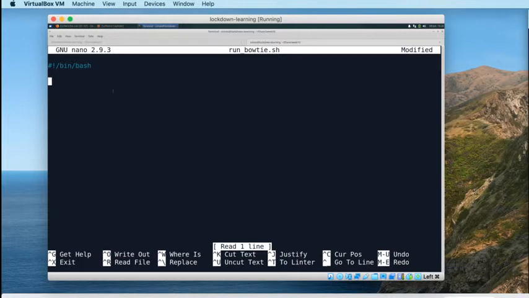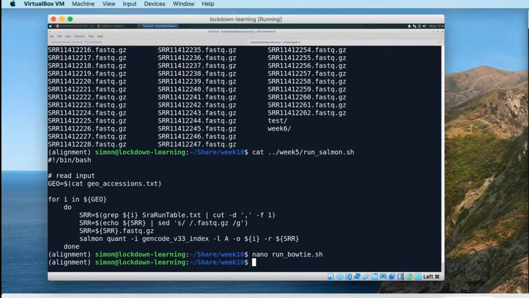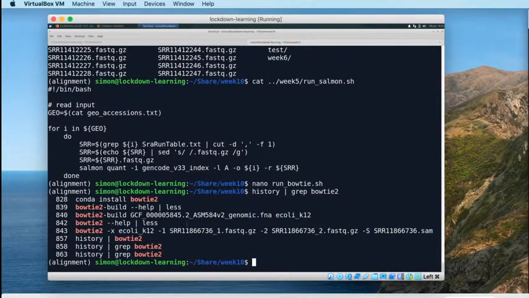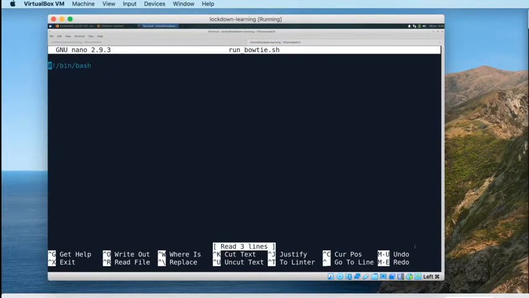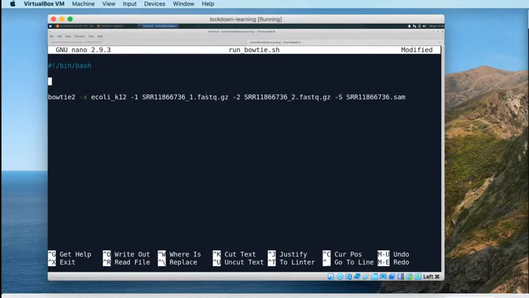Right, so Bowtie 2. So we've got our shebang line. Our Bowtie 2 line looked like that. So let's copy that out as well, and paste it in there. Right, so that was our Bowtie 2 command. The other thing that I have learned how to do since